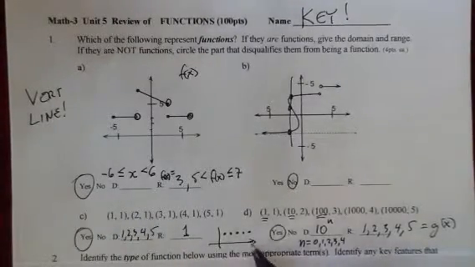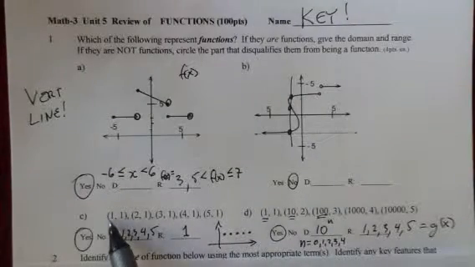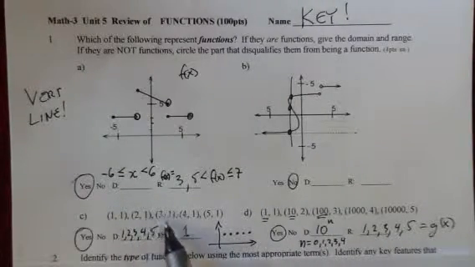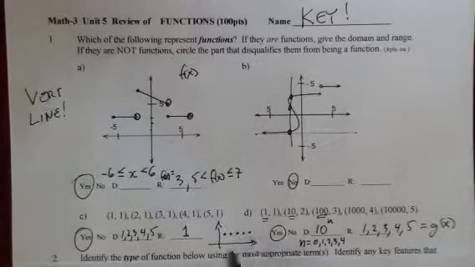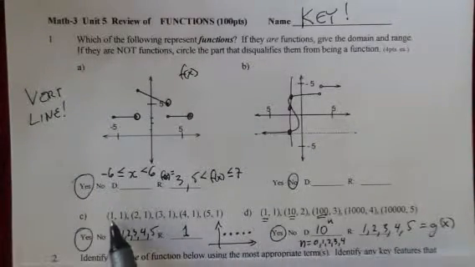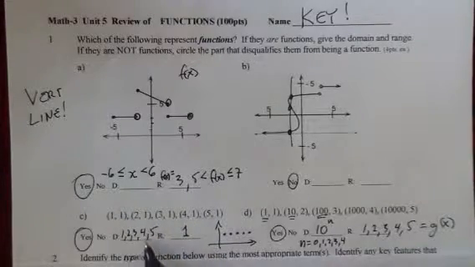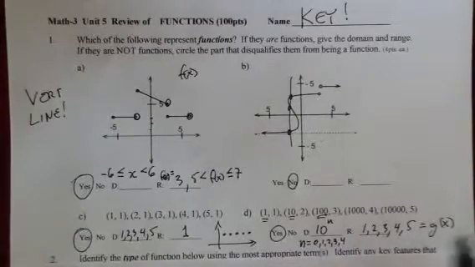I did a little mini plot here. If you think about this, you go out to 1, up to 1, out to 2, up to 1. Very boring, constant kind of function. That does not fail the vertical line test. The domain is the allowed inputs. It looks like it's counting numbers 1 through 5. The output is that very boring 1. For this one,